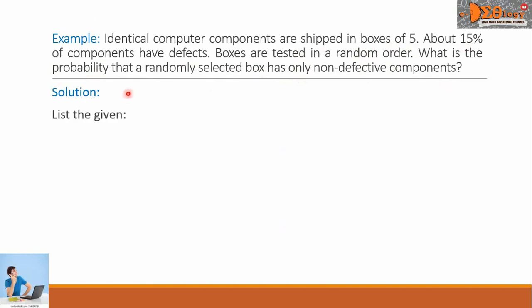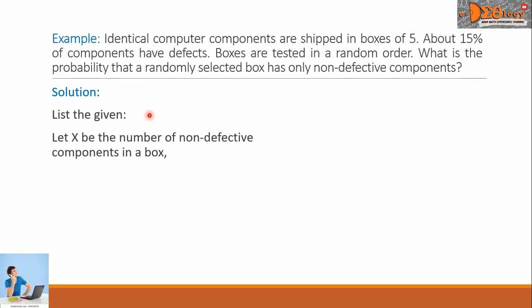For our solution, let us list the given. Take note, we let capital X be the number of non-defective components in a box. The n is equal to 5. Given here is the Q, or the probability of failure, and that is 15%. And we write